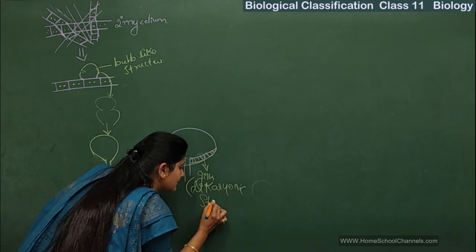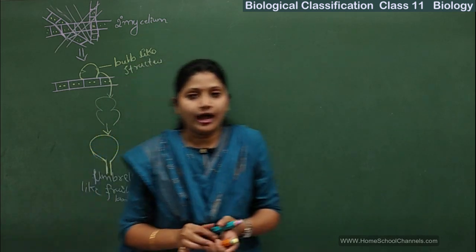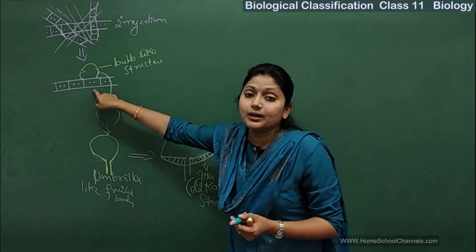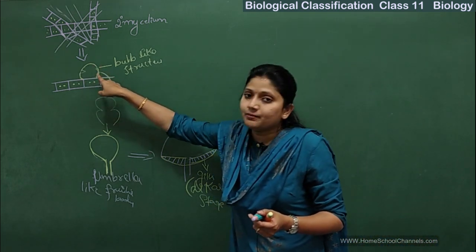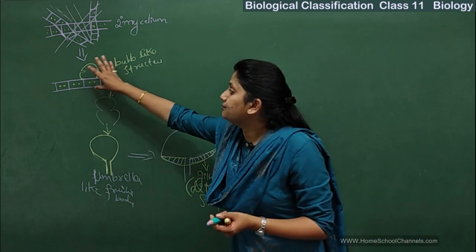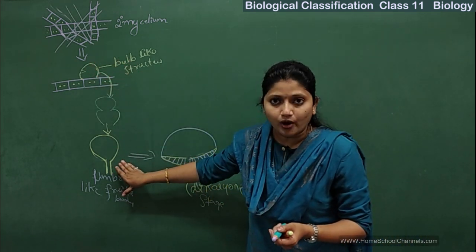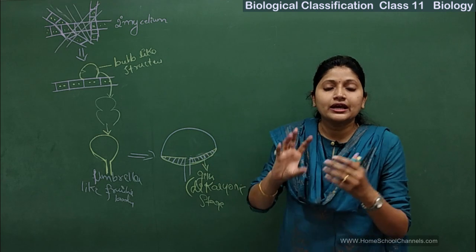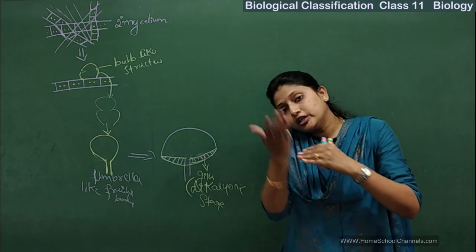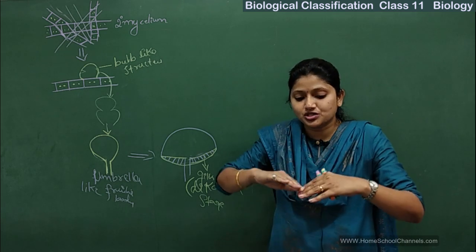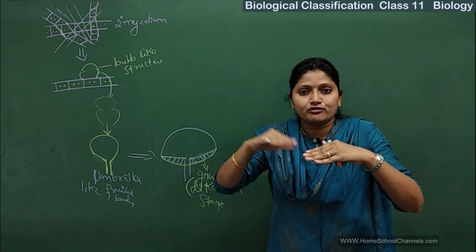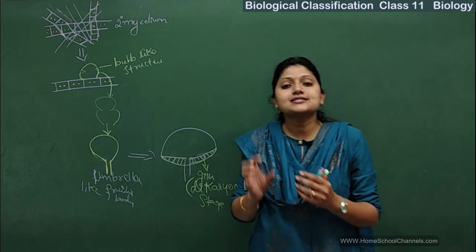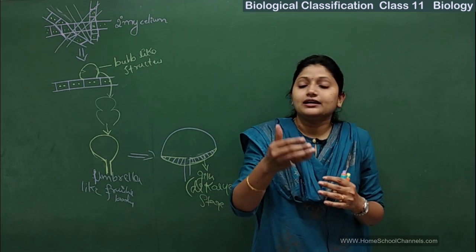The gills are in the dikaryotic stage. So now what happens? We will just take one single gill. I repeat, from the secondary mycelium, a bulb-like structure originated. That bulb later formed a fruiting body, and this itself is the fruiting body, which looks like an umbrella structure. At the bottom of the umbrella structure, if you look from the bottom, you see some rays, and those rays are called gills, and these gills are dikaryotic.